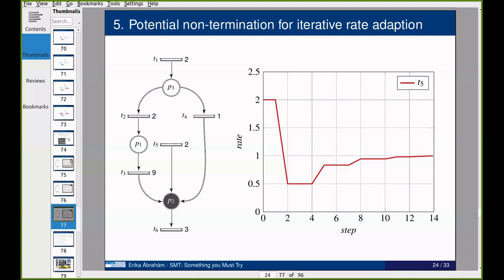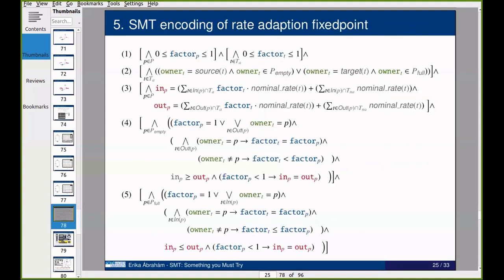And then we tried to find other ways, and then we said, wow, SMT solving. This is the solution. We can just encode the fixed point in a formula and use SMT solving to find a fixed point, and without iterations, we can just set the rates and continue the simulation. We only need